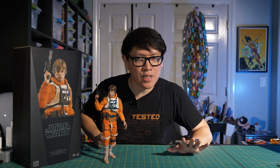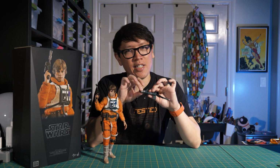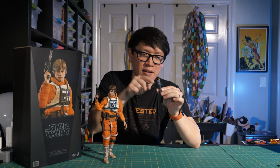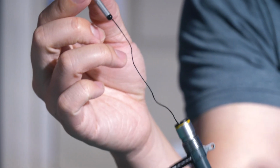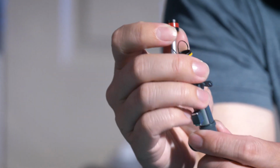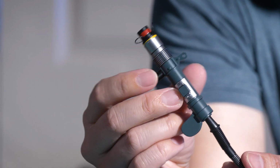But my favorite accessory for this piece might be this guy right here, which you may recognize as what he pulls out of the Snowspeeder after it crashes. And it's the grappling hook. It's what he pulls out and then launches to get to the underside of that AT-AT and then throw up this thermal detonator. Very cool that they included this, and seeing this accessory gave me an idea for a display